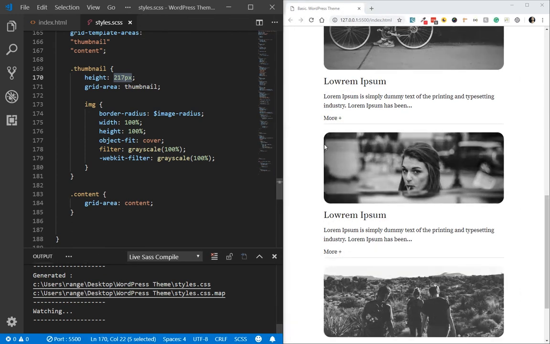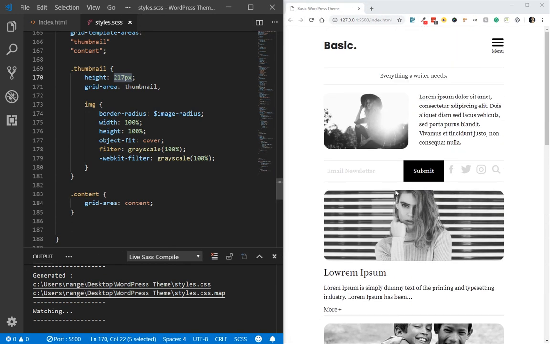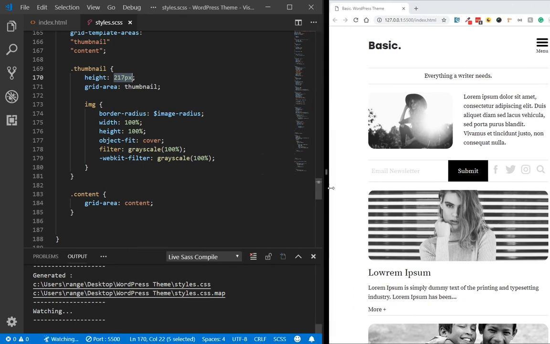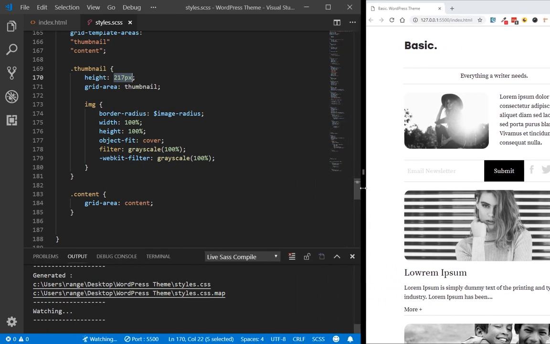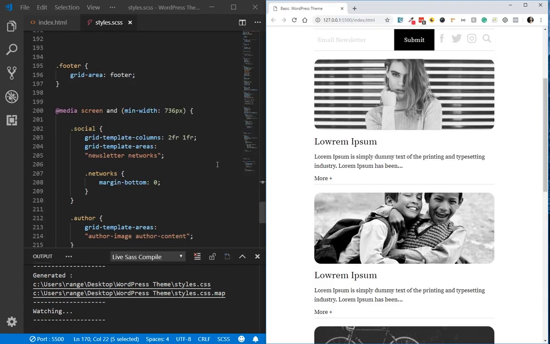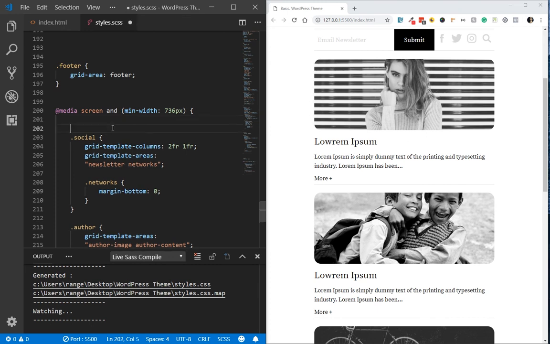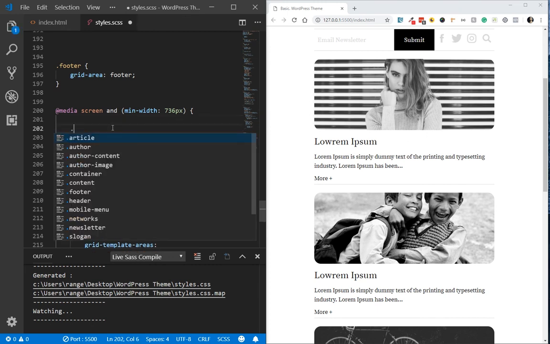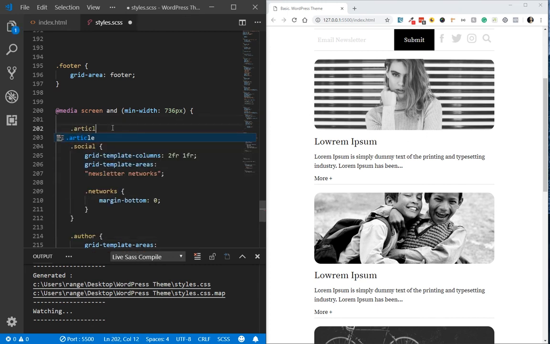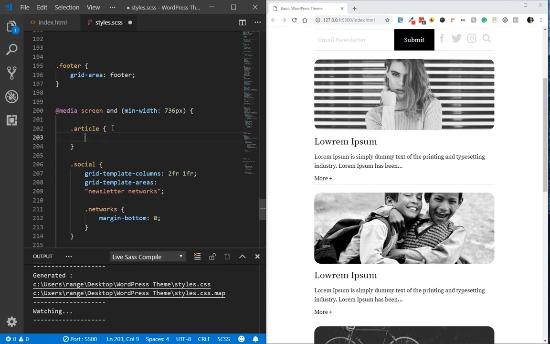As you can see, this is our mobile version at the moment. For the desktop, I want the articles to be in 2 columns. So image on the left side and content on the right side. And to do this, again, I think it'll be fairly simple. So I can do article grid